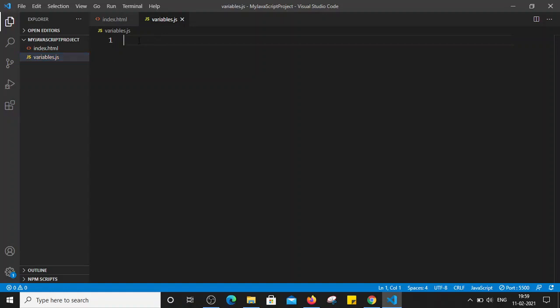So a variable is one container. Basically, a variable is a container which stores the data of a specific type. For example, if I say var x, this is the syntax for declaring the variable. Here I am declaring the variable whose identifier is x. This is known as declaration of the variable. Once we declare the variable, we can assign some value to that variable.